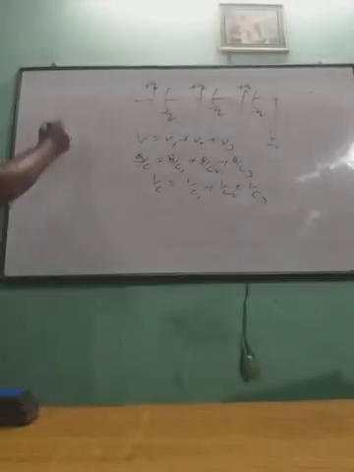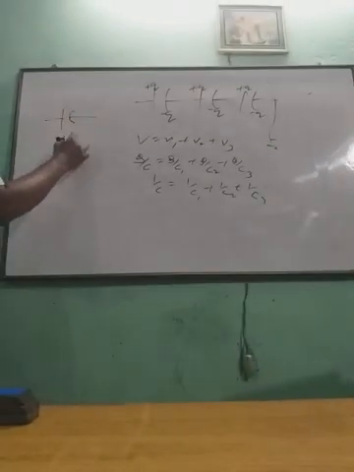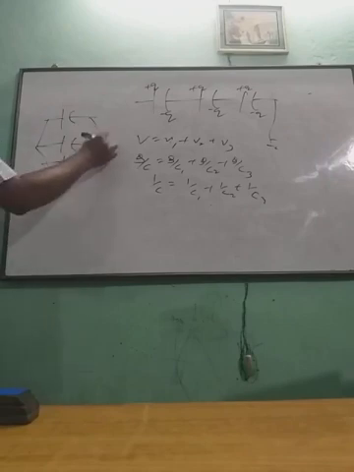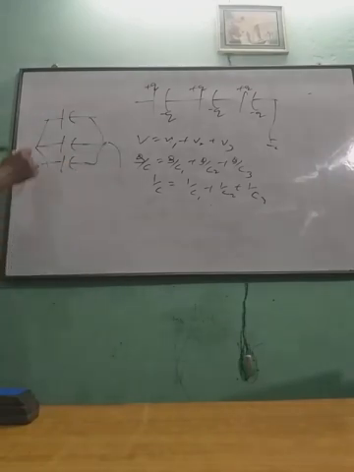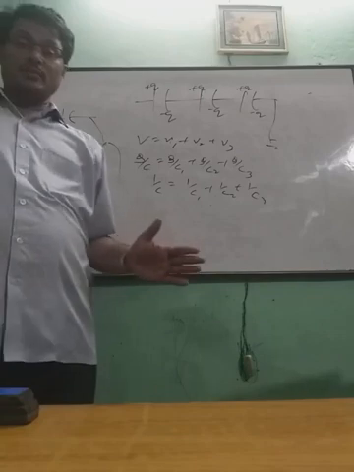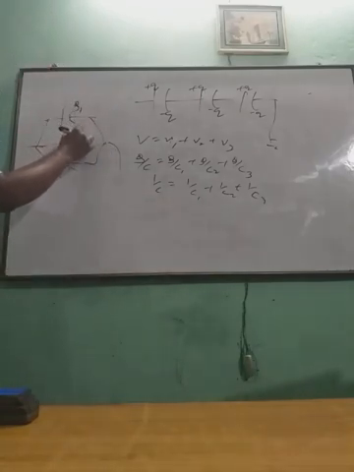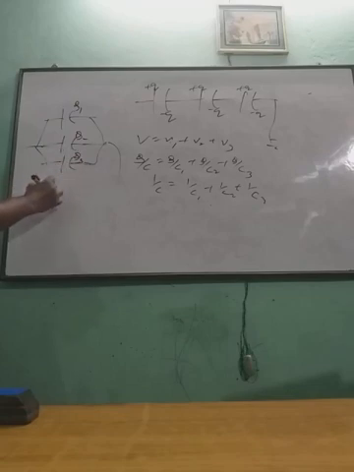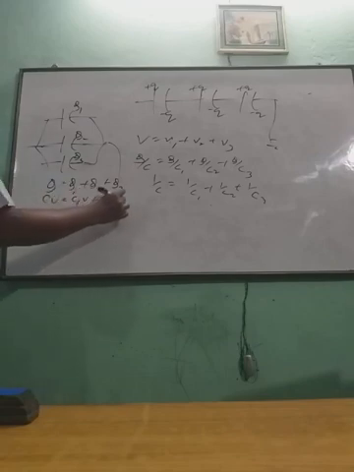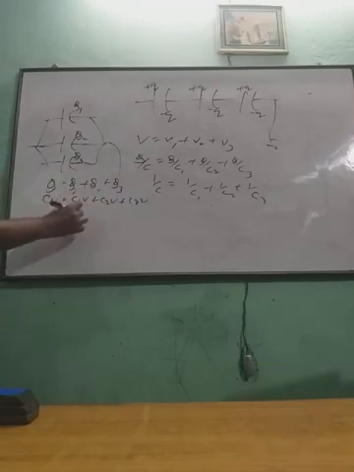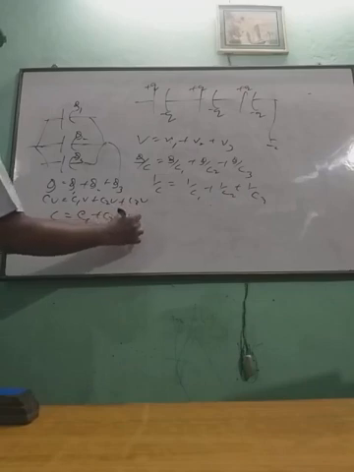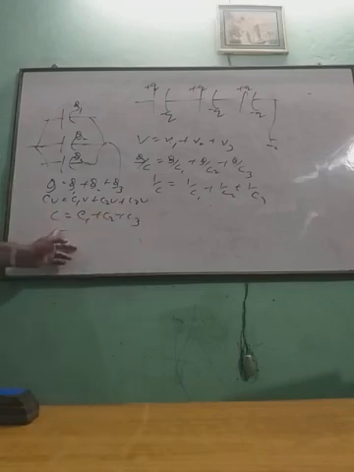Now in parallel combination, what will happen here? These are the capacitors in parallel. In parallel, the potential will be the same, but the charge is different for different bodies. Let the charge here be q1, here q2, here q3. Then total charge q equal to q1 plus q2 plus q3. That is CV equal to C1V plus C2V plus C3V, and from here C equal to C1 plus C2 plus C3. So this is the equivalent capacitor.